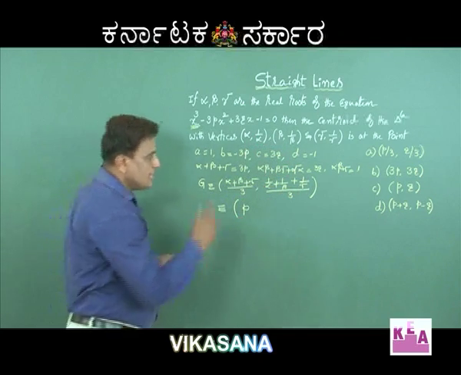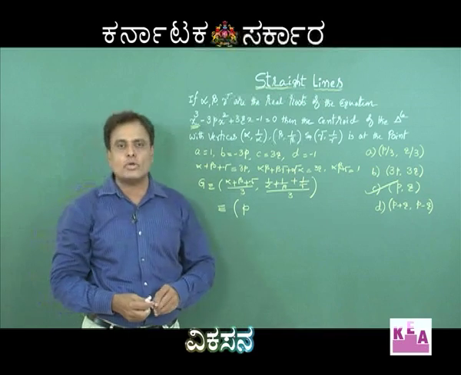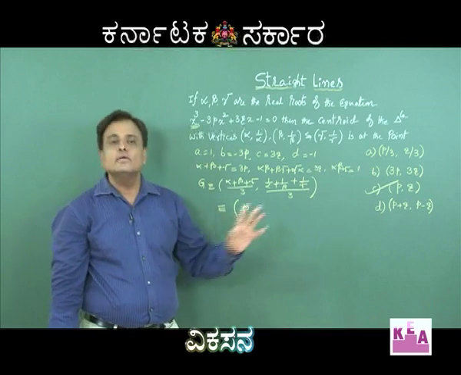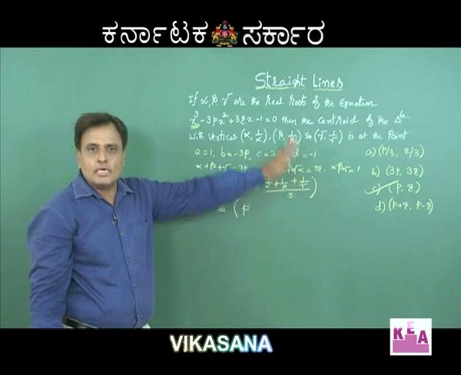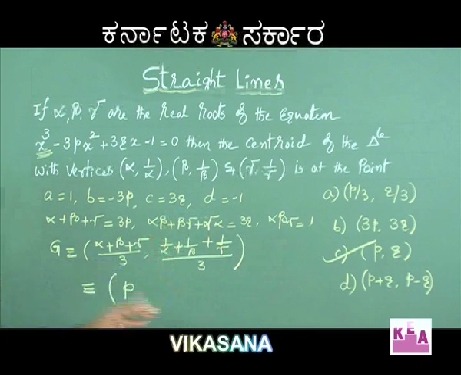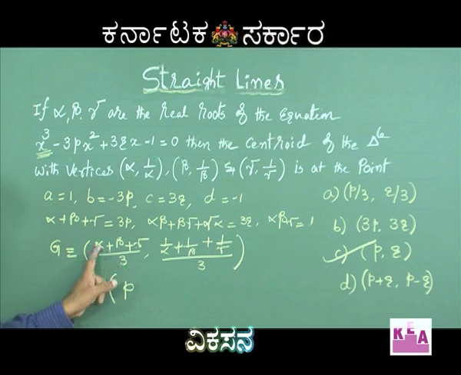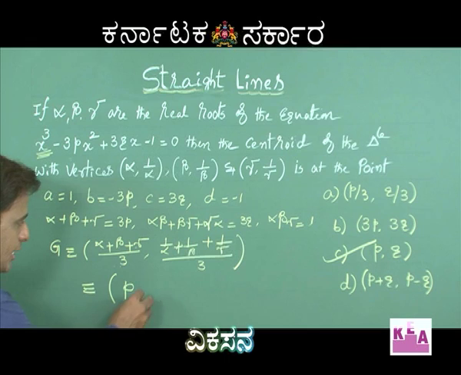and definitely the right option is C. The right option is C because we find only x coordinate p is present in only option C. Nowhere else is p alone present in the other options. Therefore alpha plus beta plus gamma is equal to 3p by 3, and 3 get cancelled, p, and definitely by